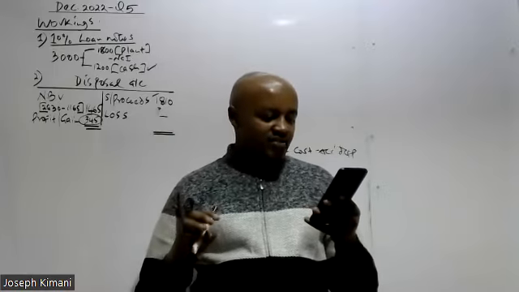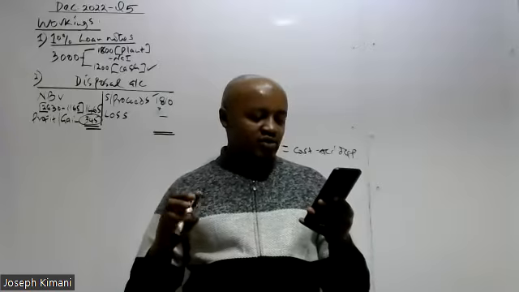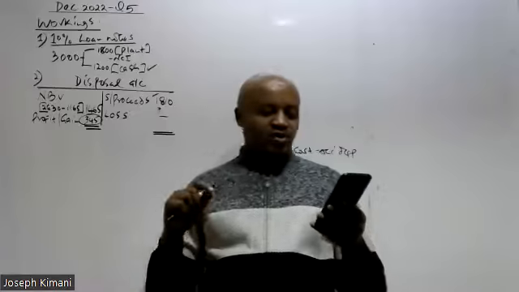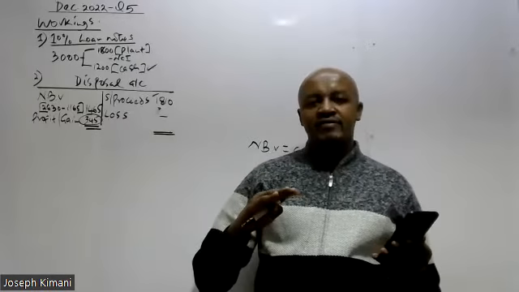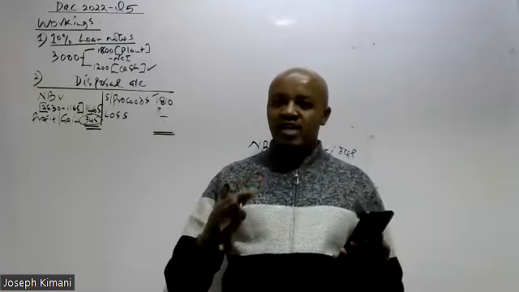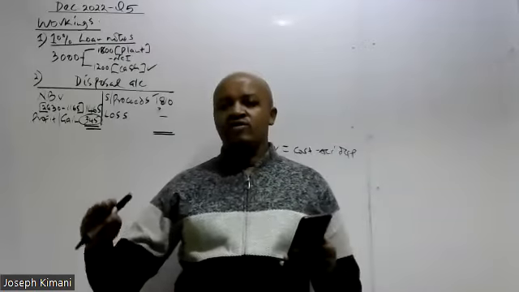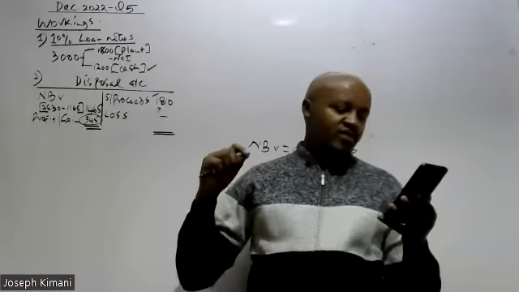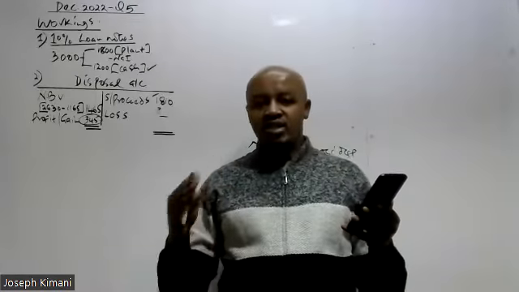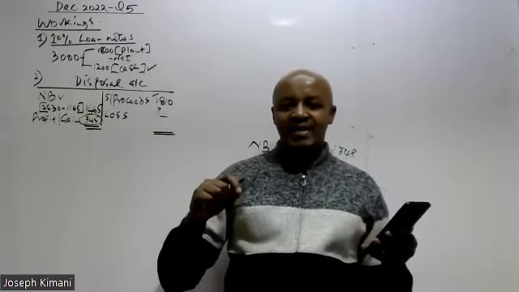Number 4, we are told intangible assets were amortized during the year and the amortization charged to the profit or loss amounted to 540. So the amortization basically is the value of the intangible asset which was written off. Remember, to amortize an asset, to amortize a liability, is to gradually write off an asset or liability. So therefore, if you're told there was amortization which was charged on intangible asset, it is the value of intangible asset which was written off during the current financial year, and this amortization is treated as an expense, but